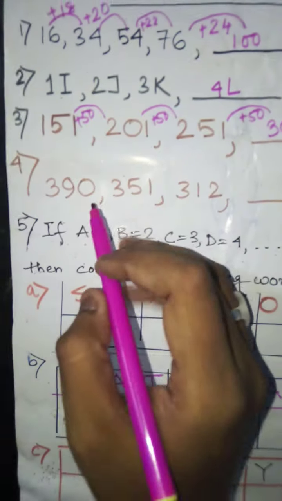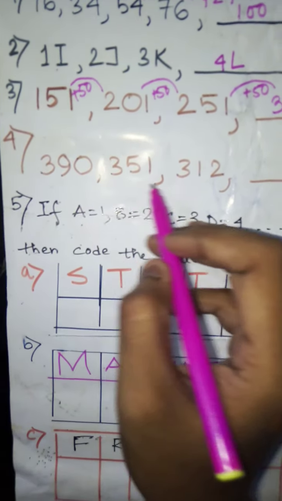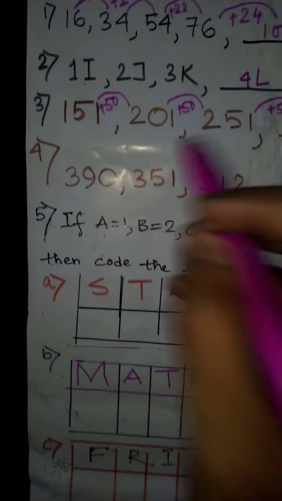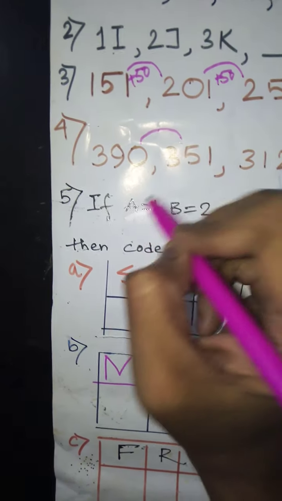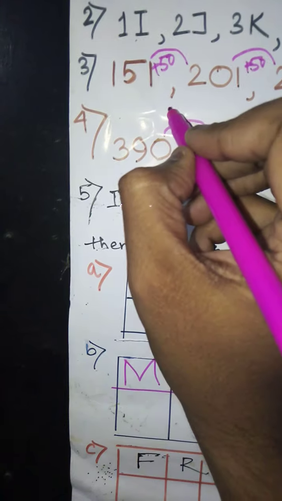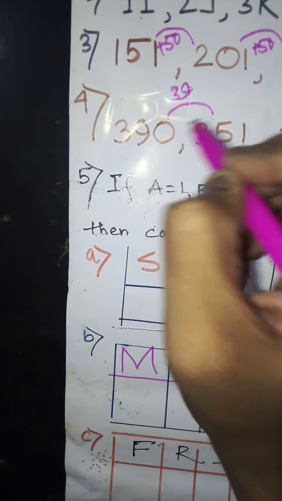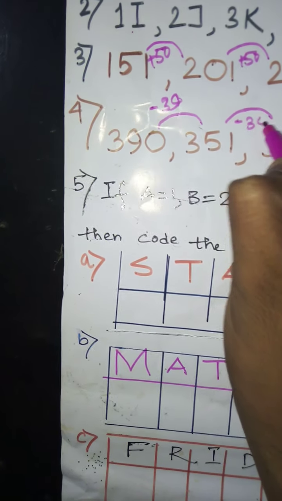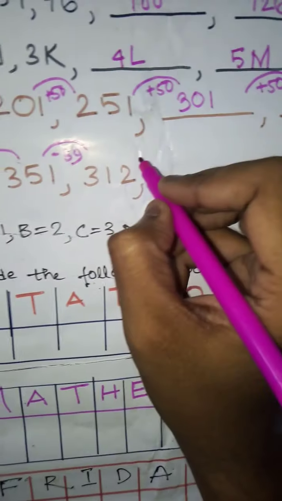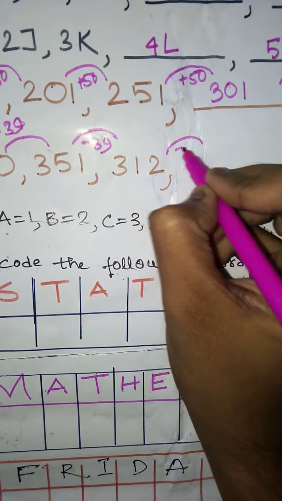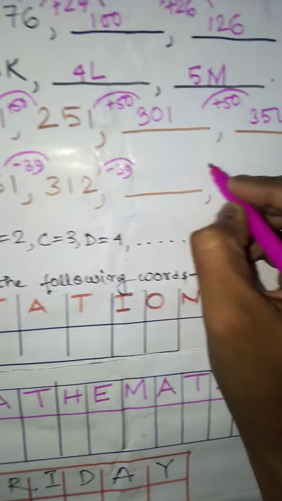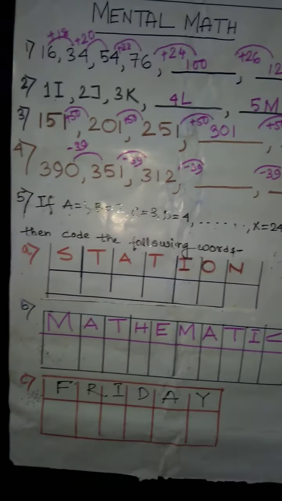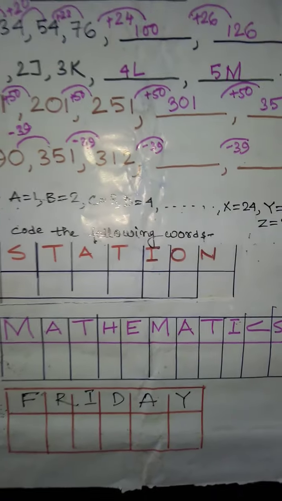Next you come across here, and see that it is a decreasing pattern. Here the values keep on decreasing. Now if you see, the decrement is 39. So you have to subtract 39 at each stage. So we will do that here also. It's a decremental pattern or a reducing pattern.